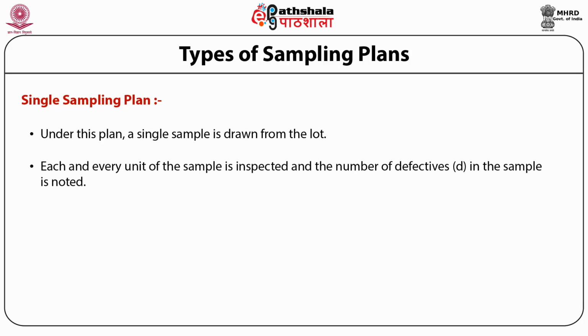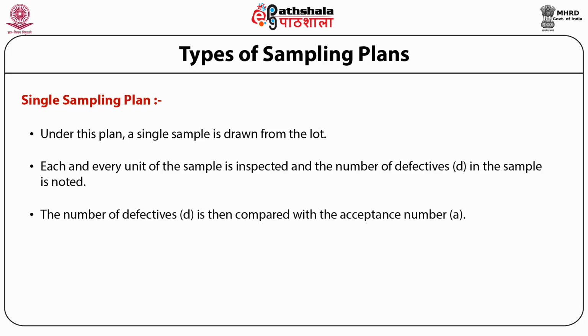Each and every unit of the sample is inspected and the number of defectives D in the sample is noted. The number of defectives D is then compared with the acceptance number A. The lot is accepted only if the number of defectives in the sample is less than or equal to the acceptance